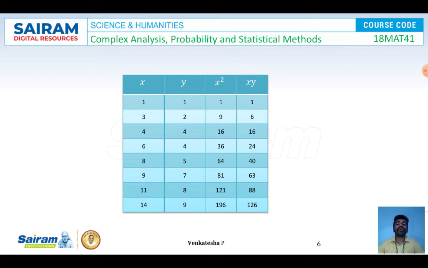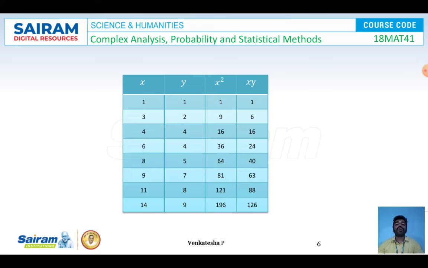Now I am going to square all the x values to compute x square. So x square is given by 1, 9, 16, 36, 64, 81, 121, 196. x into y, by multiplying x into y, I got 1, 6, 16, 24, 40, 63, 88 and